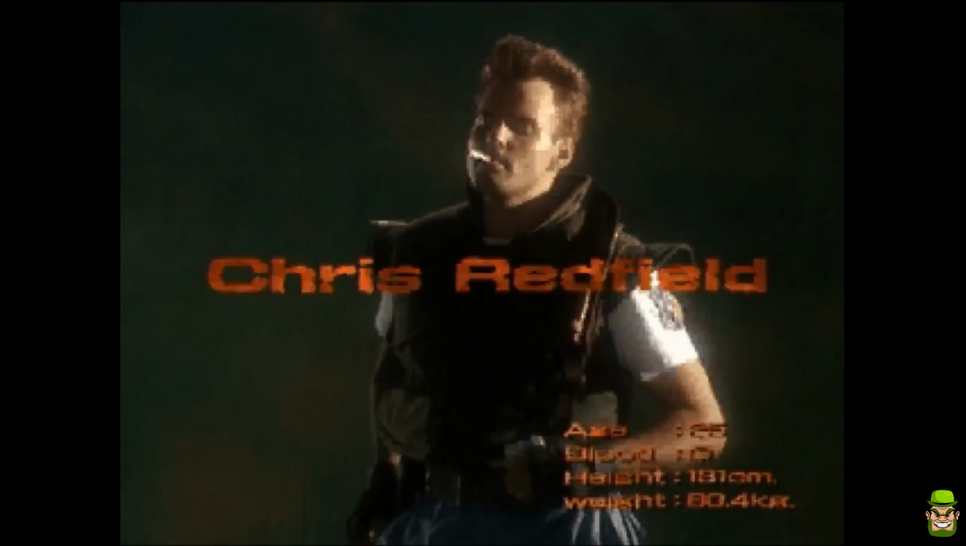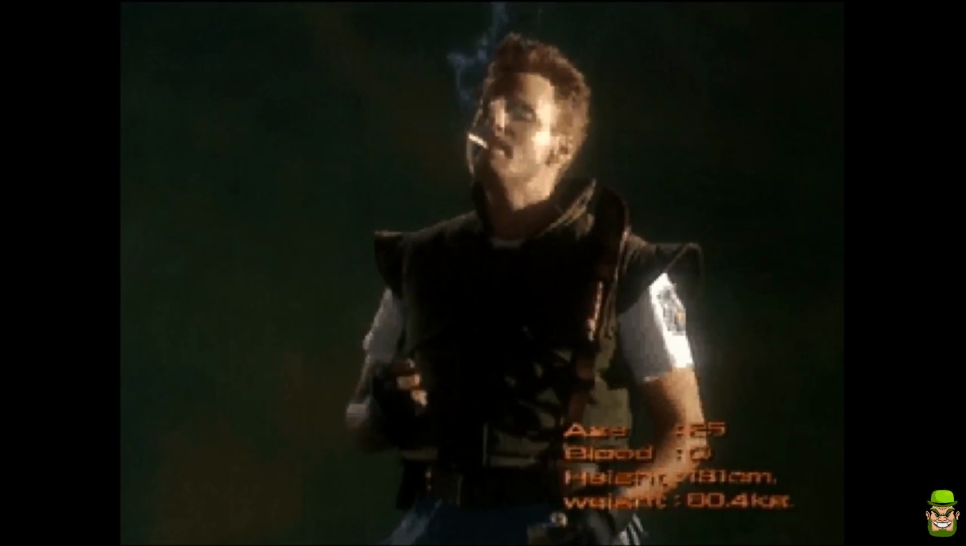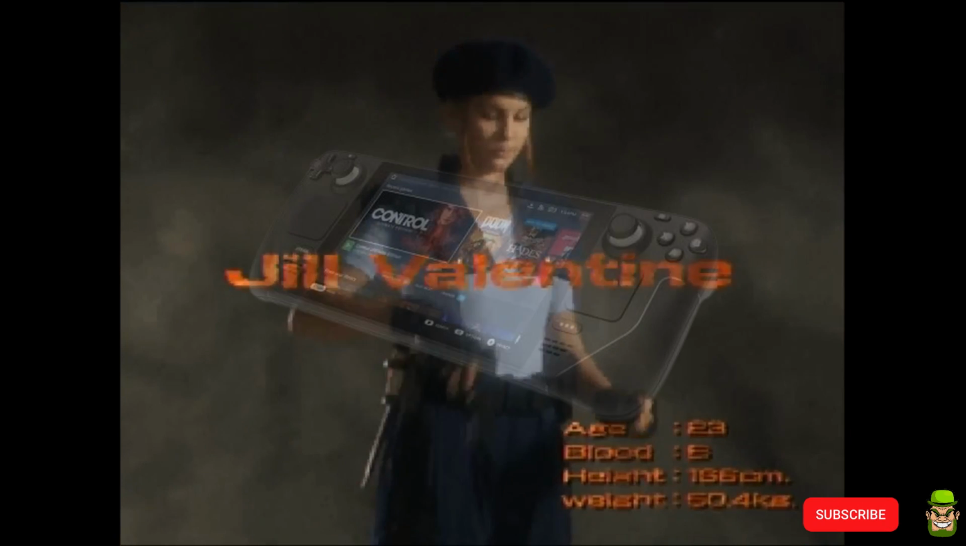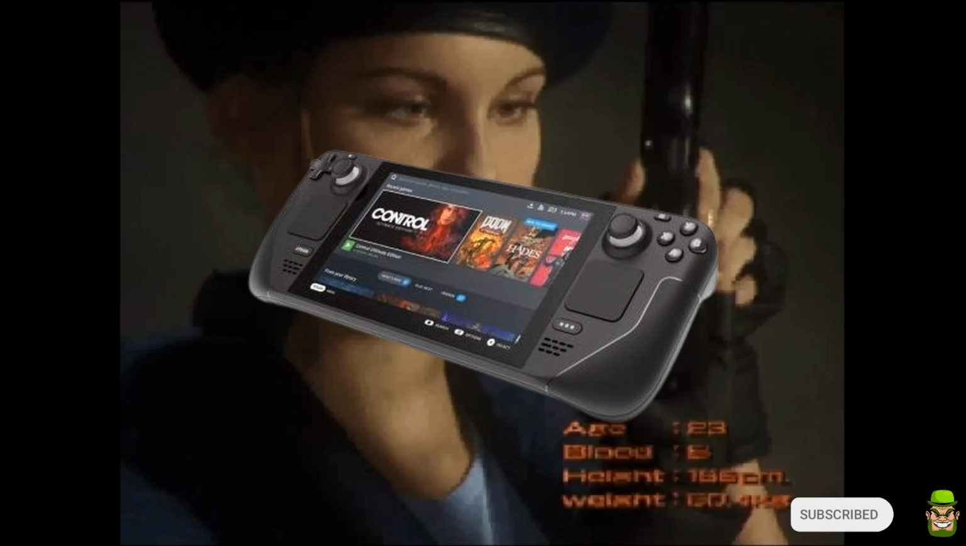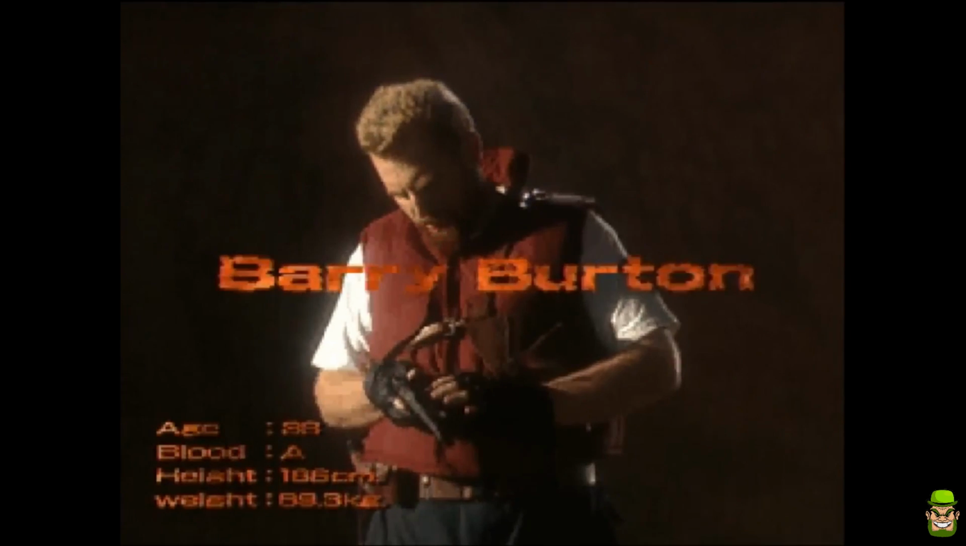Today's tutorial took me weeks of research and trial and error, but I finally got Classic Rebirth Resident Evil 1 running on the Steam Deck. Here's my step-by-step guide. If you follow this to a T, I guarantee it will work on your